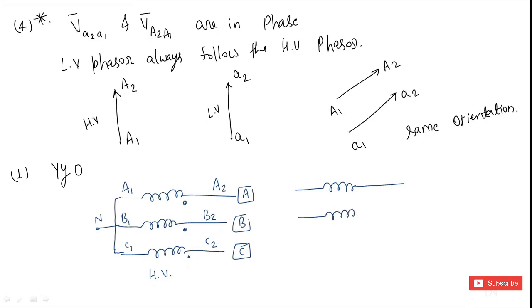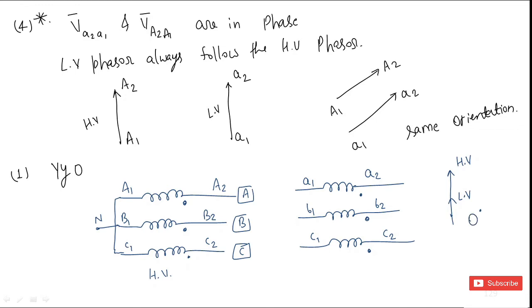First, I have not made any connection yet, the secondary side, low voltage side, I have kept as it is. First I will draw the phasor diagram. Okay, this is A2 B2 C2, A1 B1 C1. Okay, what is the phase difference between the HV and LV? HV is here always, LV this is also here, because phase difference is 0 degree.